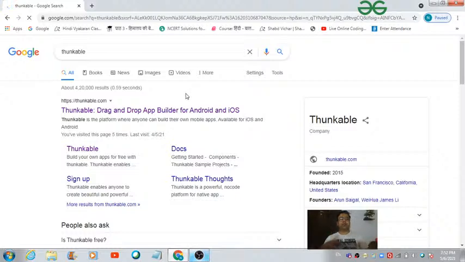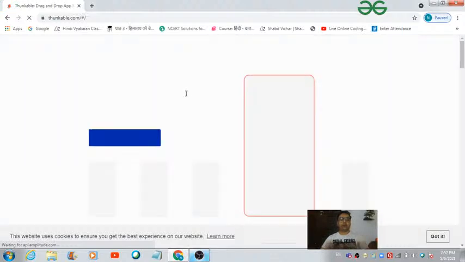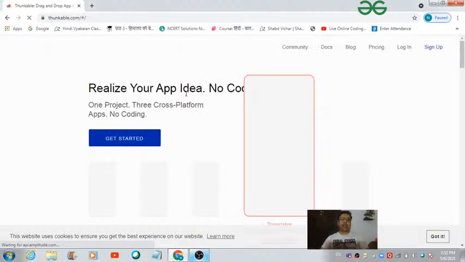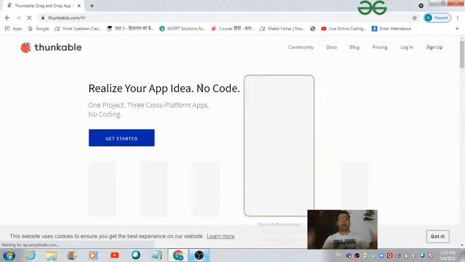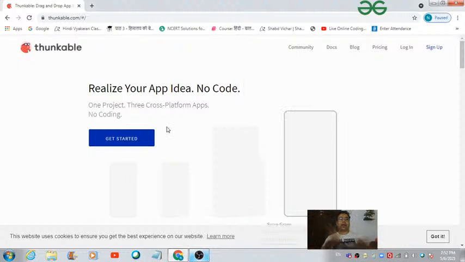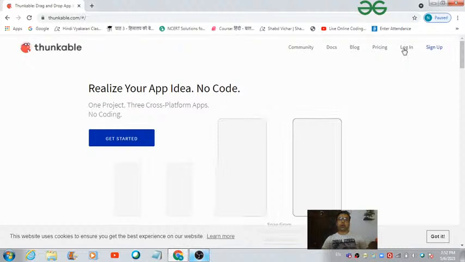Thunkable is just like code.org, where we can use block-based coding for developing responsive mobile applications. And if you have knowledge of website development, you can create magical things without using any code on this platform. The first thing you have to do after coming on this platform is log in. How can you do that? Hit this login button and it is going to redirect you